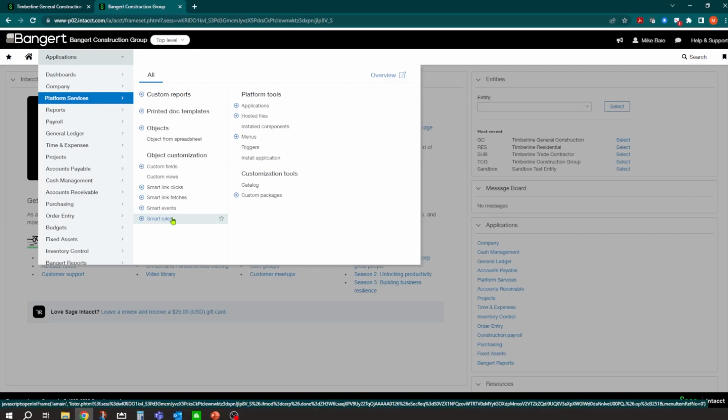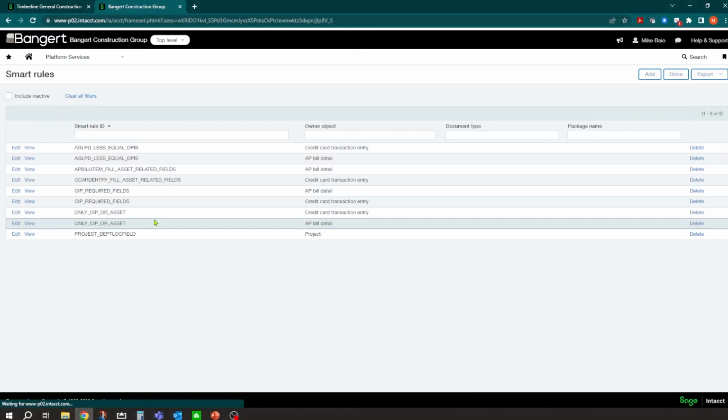You could establish these smart rules that'll help send reminders out. So basically, if I'm a user and I'm in there entering that information, and I don't enter a certain field that's required, I can either have a warning or an error message to remind me where to do that. And we'll take a look at some. I believe I do have one set up. We'll take a look at that now. Let's go take a look.